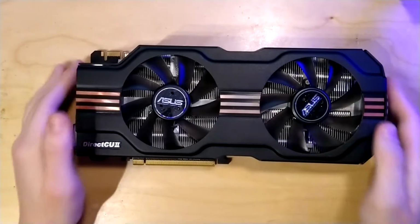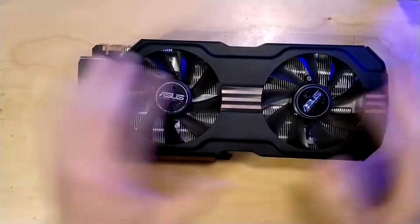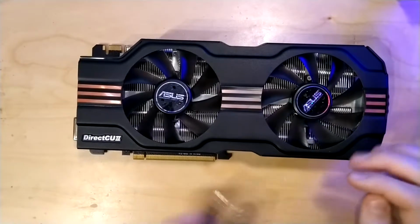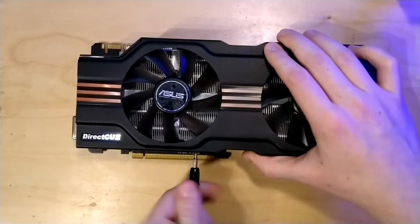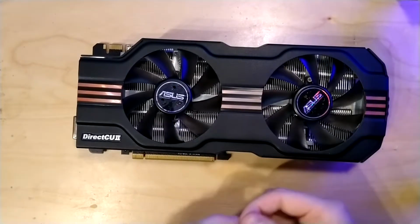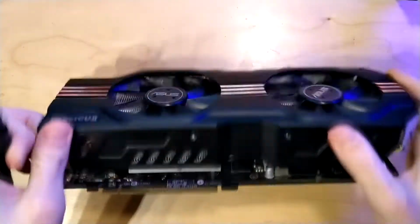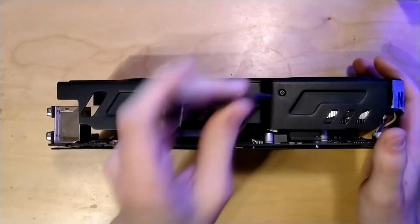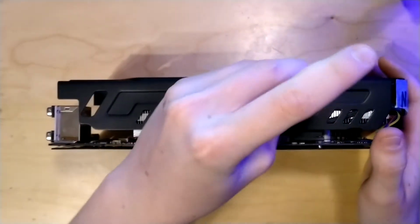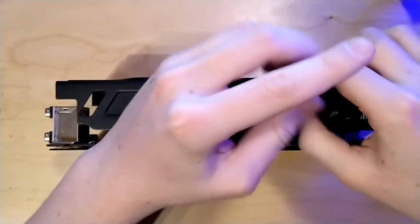So let's get started. The heatsink is actually pretty modular. You can disassemble it into 3 separate parts. So the first thing I'm going to do is remove the shroud of the card. The shroud is screwed in by 4 little screws on the side. So the first one I just removed here. The second one is this one here. And there are 2 more on the other side, and then there are 3 bigger screws